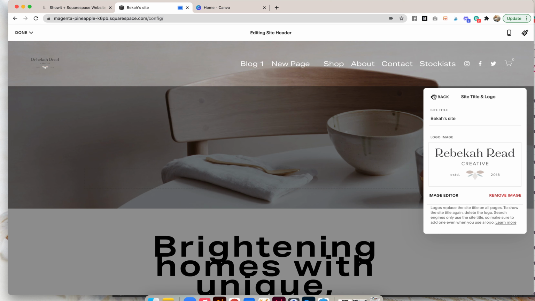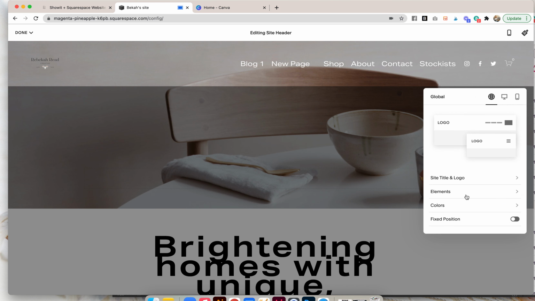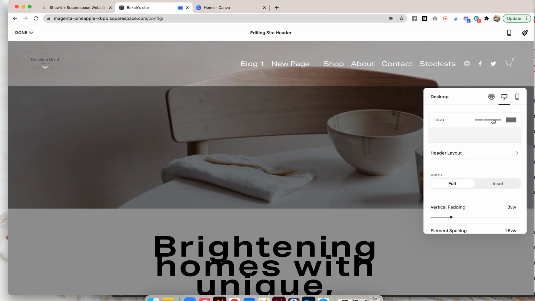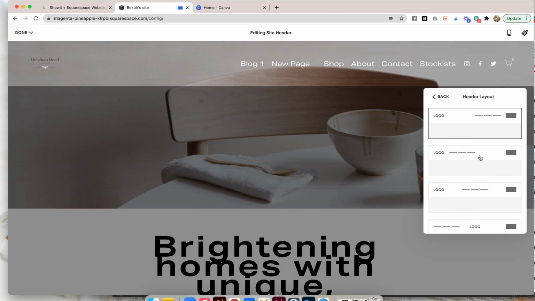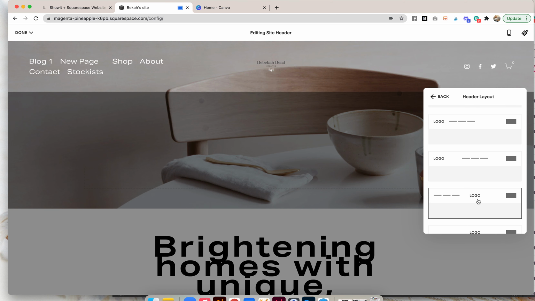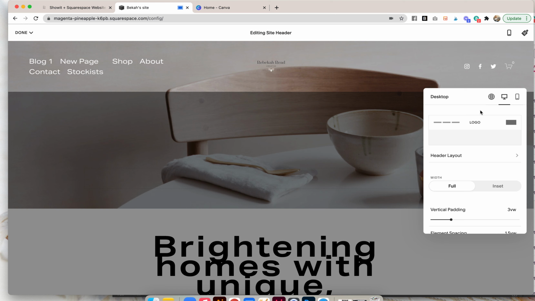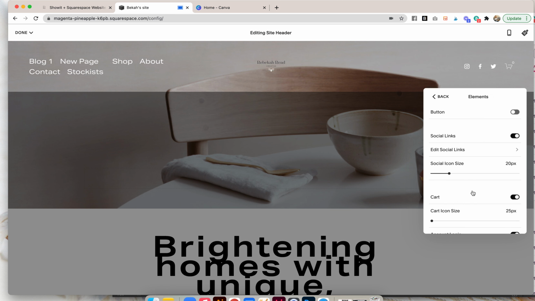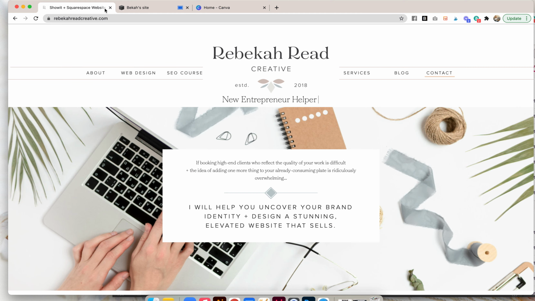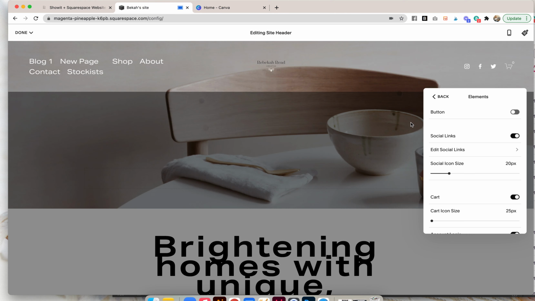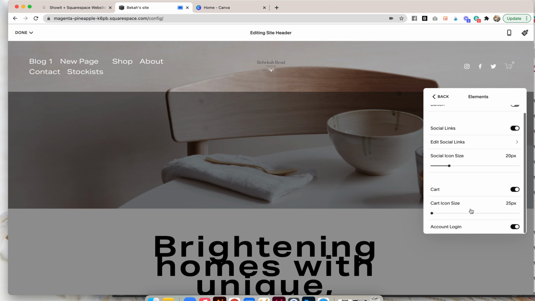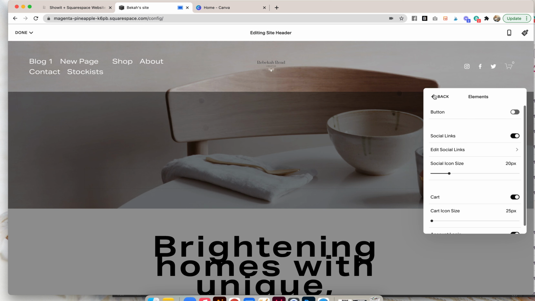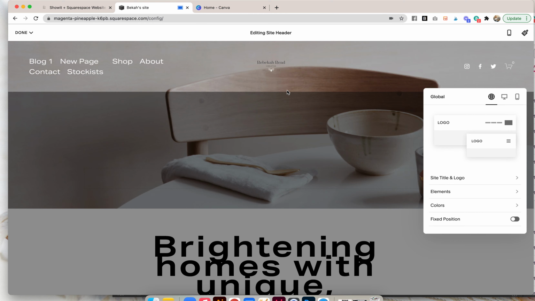Okay. So now I had it set up with the layout was, I think, my logo in the middle. Yeah. So I'll need to make my logo a bit bigger, but that's going to be done in site styles. Let's see if there's any other elements I want to make different. Okay, so that's just a white header. And I might just keep some things different because I kind of like some things different. But we're just going to have that go as is.